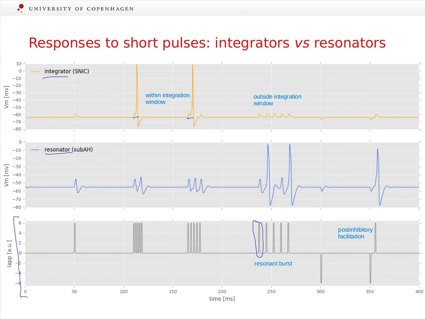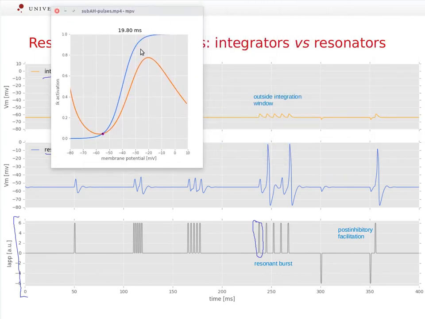This can also be shown in a video demonstration like here. At time 50 and just after 120, you'll see that this was a response to a subthreshold pulse. Then there is a response to a couple of non-resonant batches. You can see that the applied current changed too fast for the neuron to actually respond to it. So they're out of phase, out of sync, if you wish. High frequency batches don't help the neuron to fire.